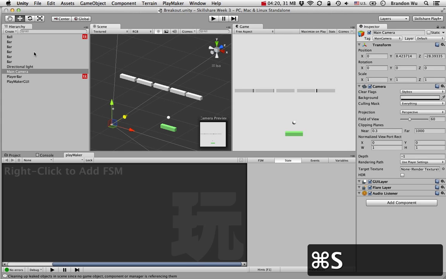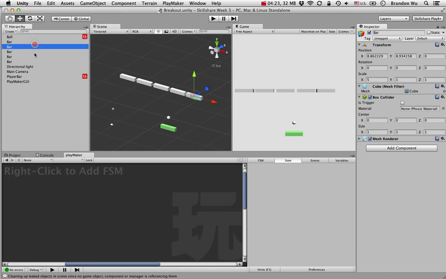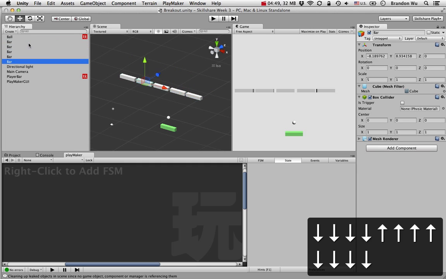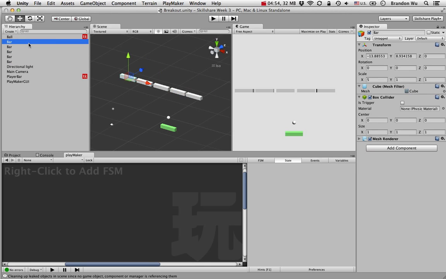Okay, so the next thing I want to do is I want the bars to disappear when they are hit by the ball, right? That's the behavior we expect in a breakout game. So in order to do that, there are several different ways to do that across multiple objects, right? Because we want that same interaction on all of the bars that we're going to create, and there are multiple ways to do it. What I am going to show you